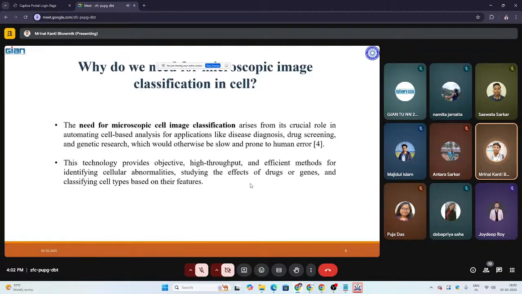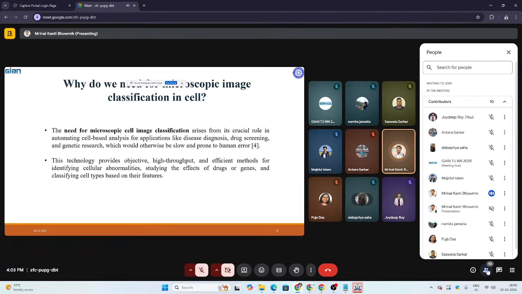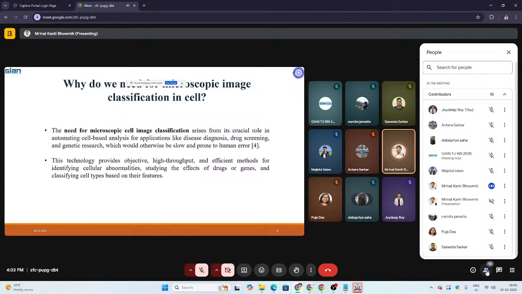Generally, microscopic image classification plays a vital role in biomedical research and healthcare, as it allows computational models to automatically analyze several cells and identify shapes, textures, and patterns. Traditionally, this process is done manually under a microscope, which can